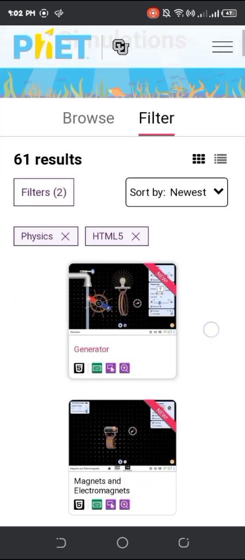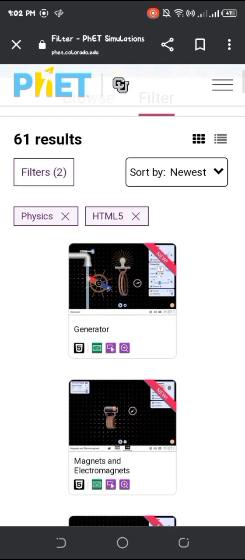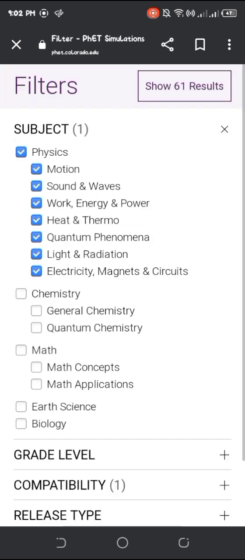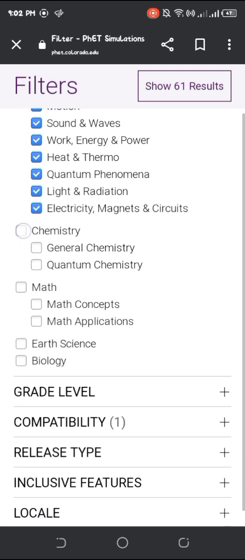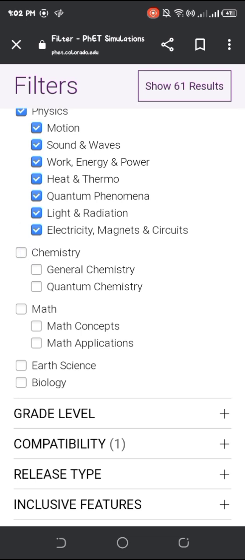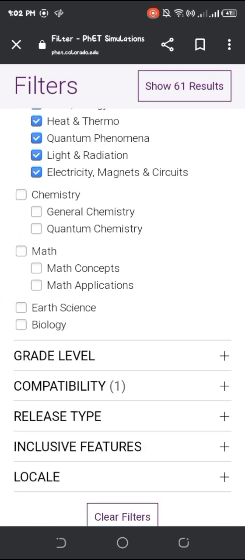This is the content of the physics, and it has filters, sorted by newest. When we click the filters, it presents the subject and what is inside. Then chemistry, math, just like that.